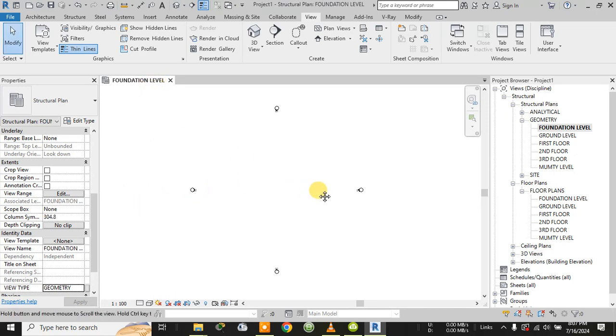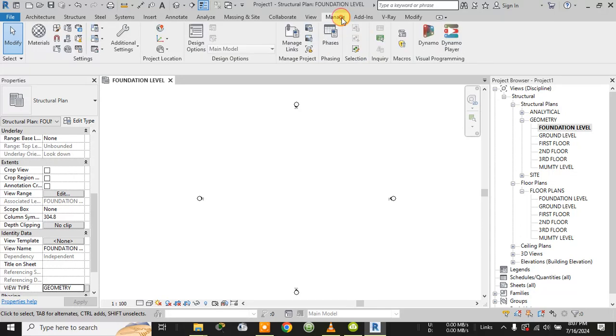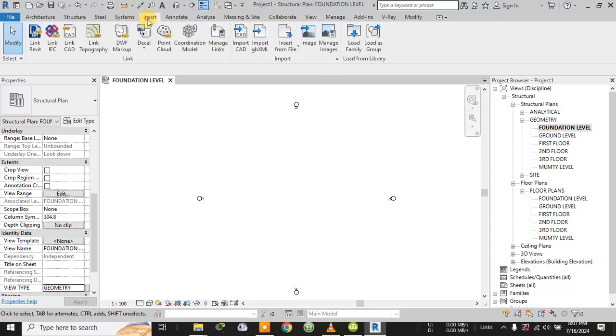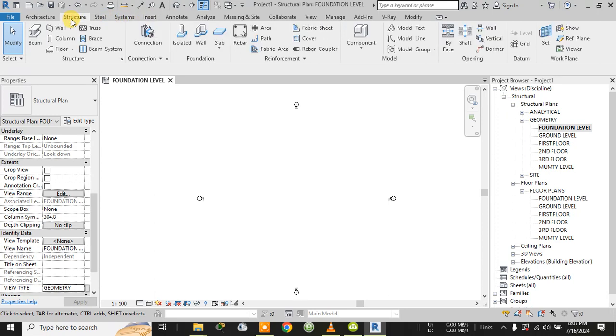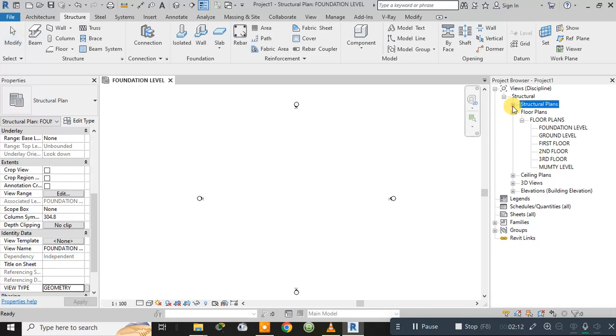In the foundation level between the cameras, now I will create the grids. For creating the grids, you need to go to the structure. First, moving to the foundation level, not in the structural plan, I have to minimize the structural plan. I have to move to the foundation level of the floor plan, because everything is done